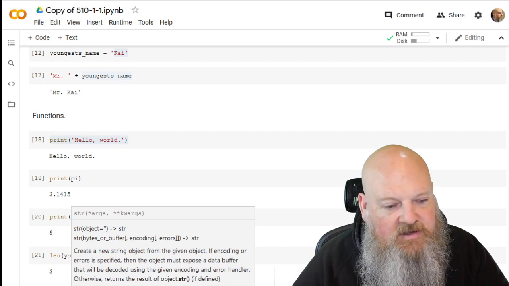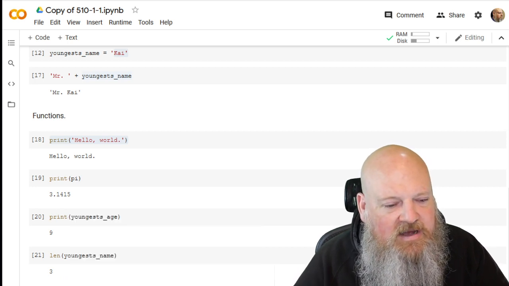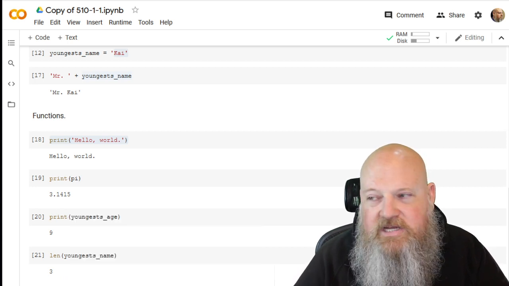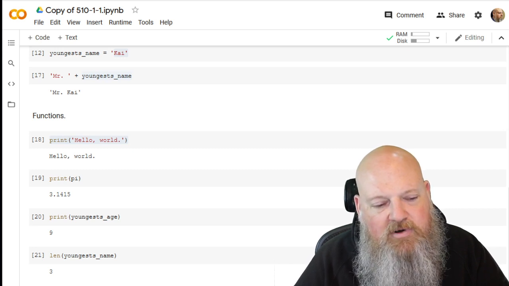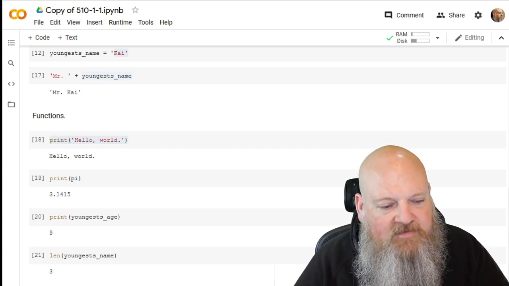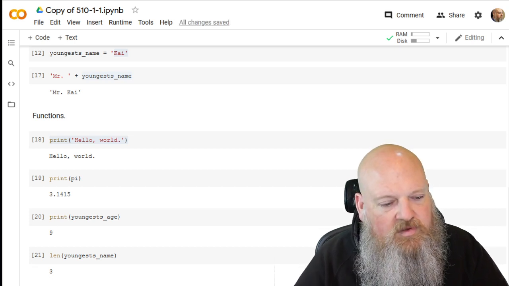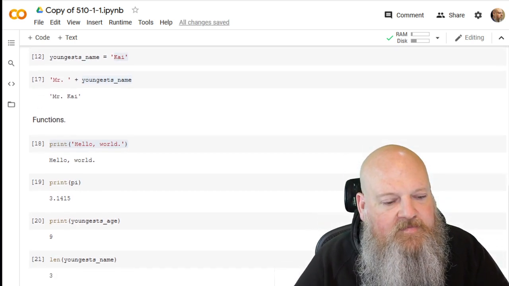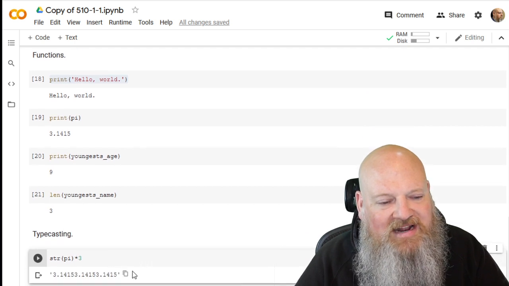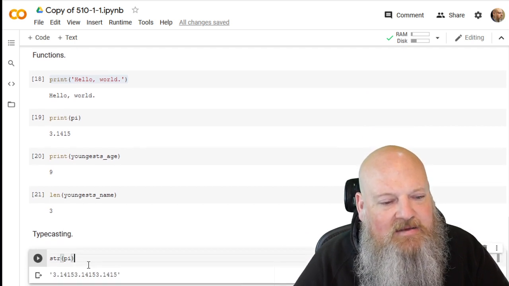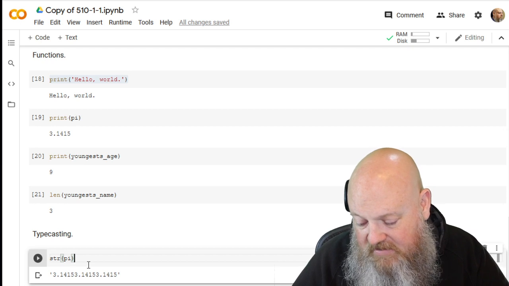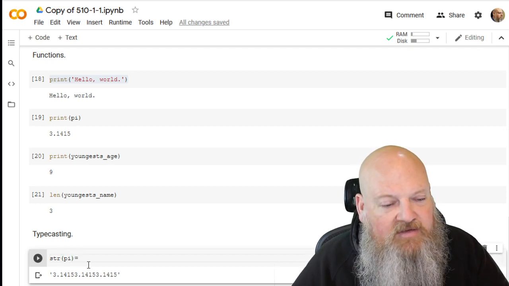Oops. Now this doesn't look like it does very much. It just puts the little quotation marks around that, but that's actually not a number anymore. If I try to multiply that by 3, it does what we did before. It treats it like a string. But I can actually now do that. For example, if I do